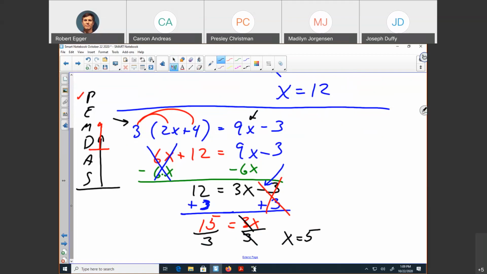So the key to doing these is really order of operations. Order of operations on the left, going from parentheses down to adding and subtracting. Order of operations on the right, parentheses down to adding and subtracting. Get all the stuff down to ax plus b equals something similar, bx plus e. And then we'll go back up from the bottom: adding, subtracting, multiplying, dividing at the end. It's all good stuff.